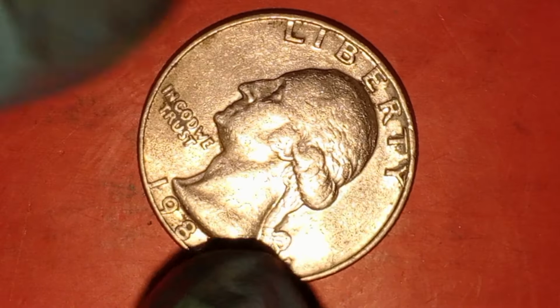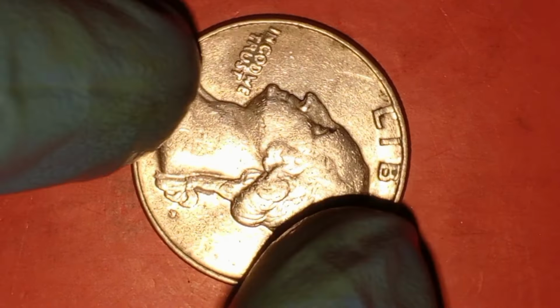If you see any signs of doubling, you might have a rare example that could be worth a lot more